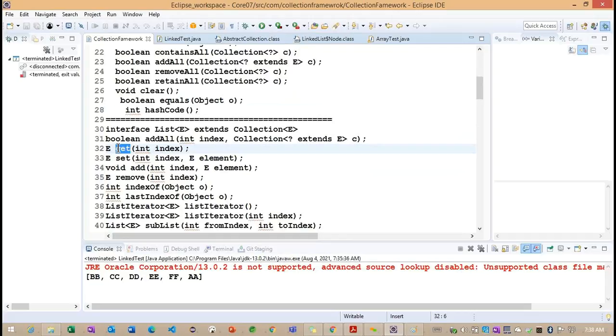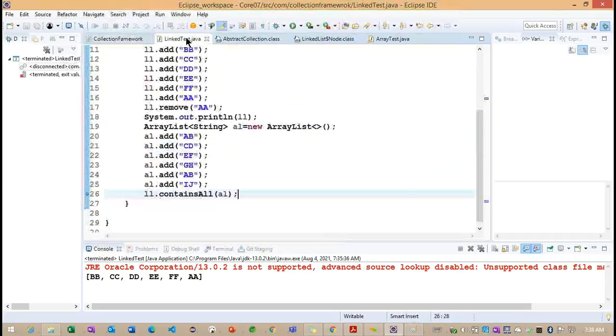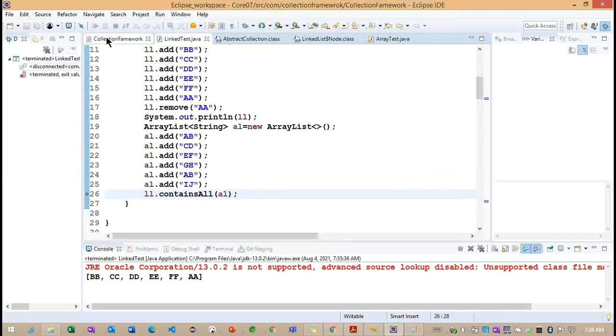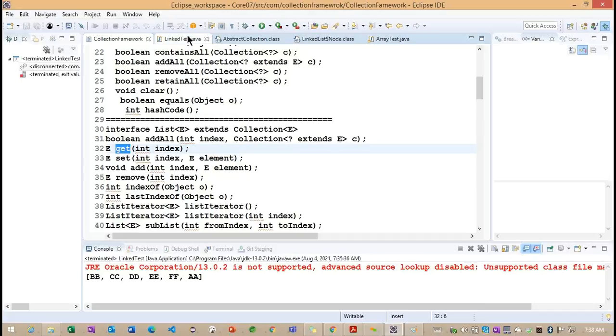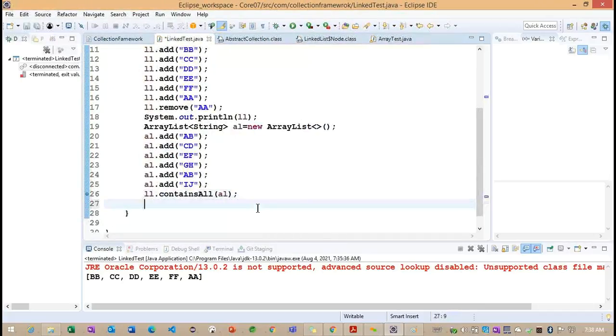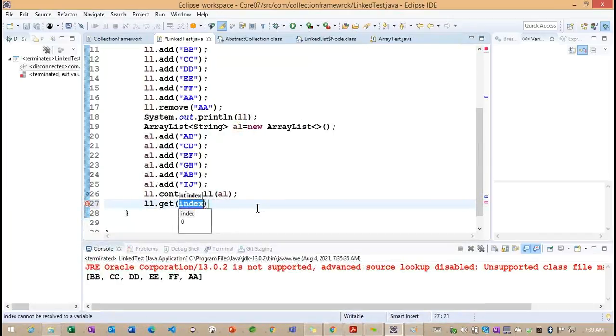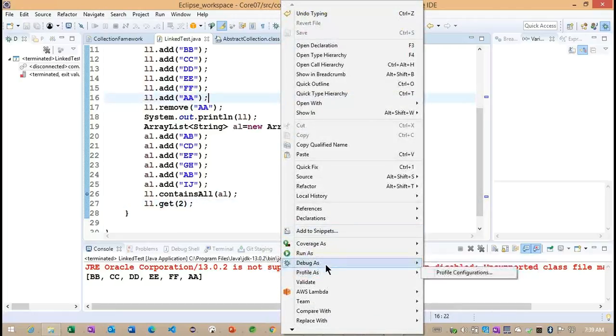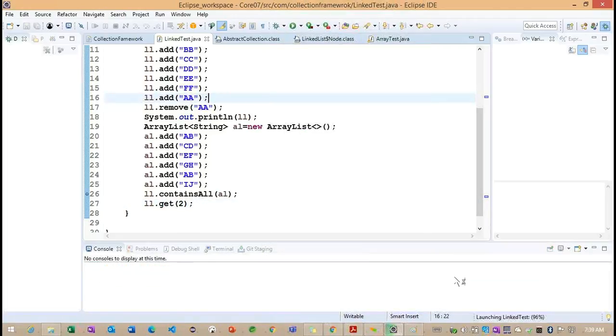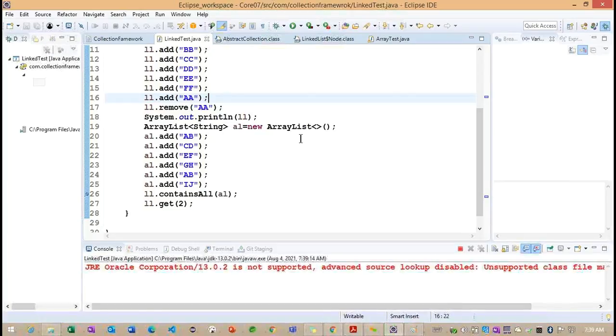Okay, now back to here. How is this particular get method going to work? To understand it, here I want to give second. Now observe, let me run in the debug mode.